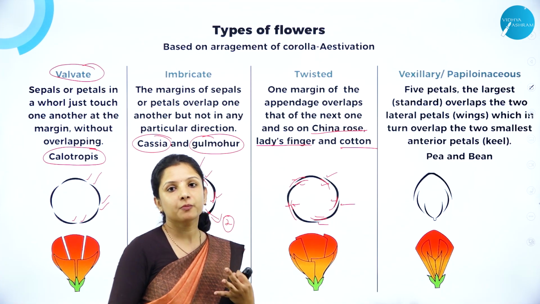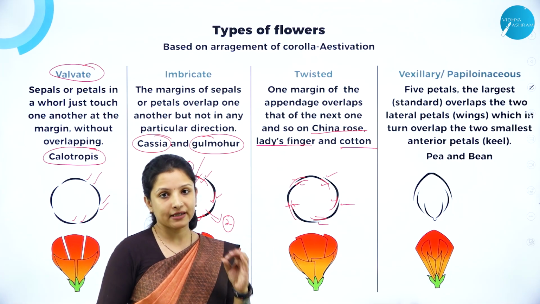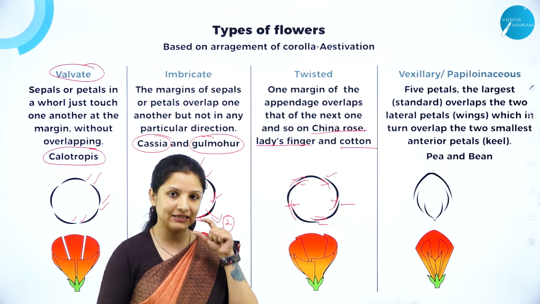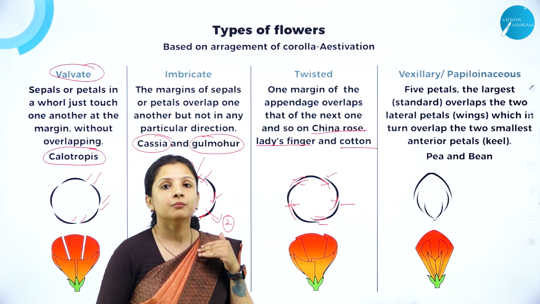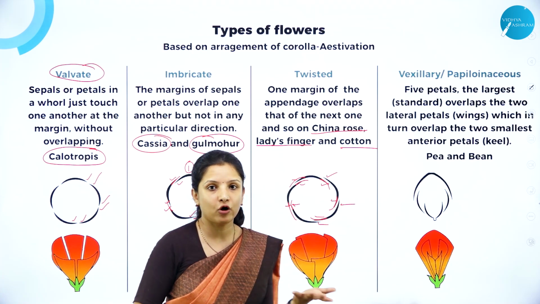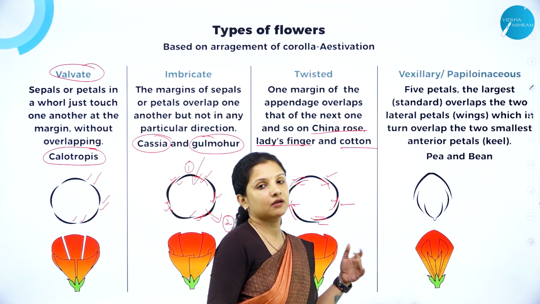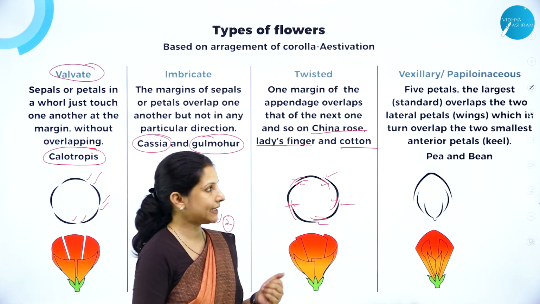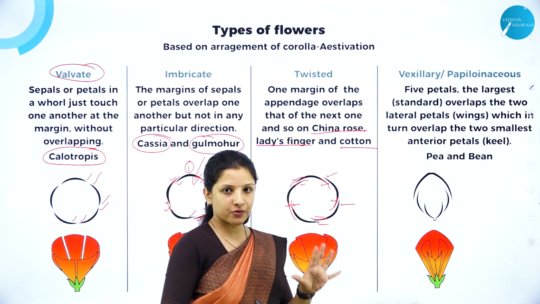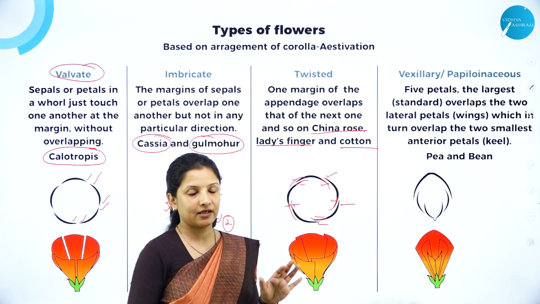Next is vexillary or papillonaceous estivation. Here, the flower petals are arranged in such a way that it looks like a lip or like the wings of a butterfly. So that is why it is called vexillary or papillon. Papillon means butterfly. Because it looks like the wings of a butterfly, it is also called papillonaceous estivation. So here, usually the flowers will have 5 petals, and all the leguminous plants, the peas,